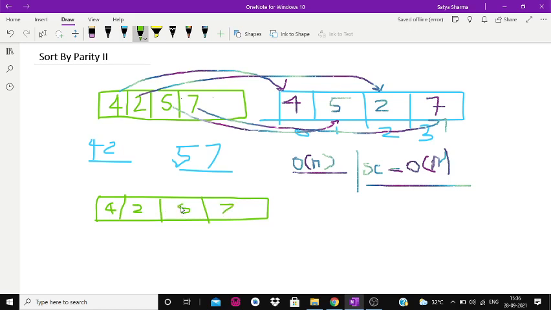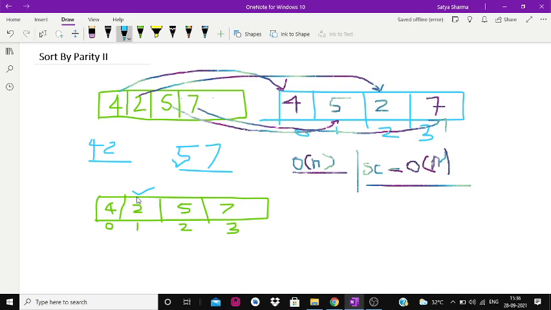One thing that needs to be noted is that we have half of the numbers as even and half of the numbers as odd. And if we think this way, if a number at a particular index is not following the condition, let's suppose you have an even number at an odd index, just like this one here. 2 is on the odd index, that is index one. So it's violating the condition.